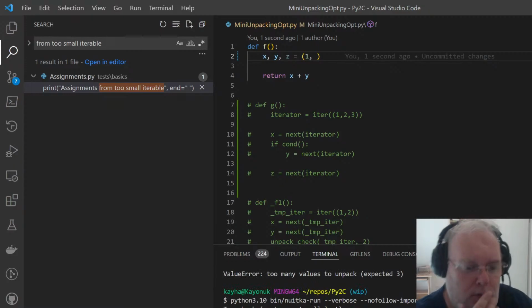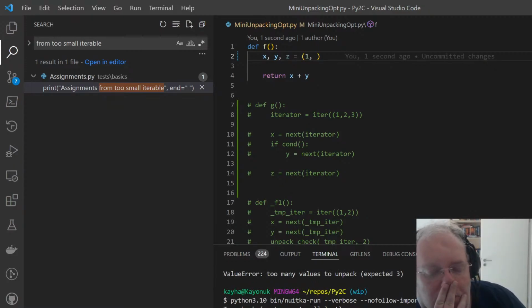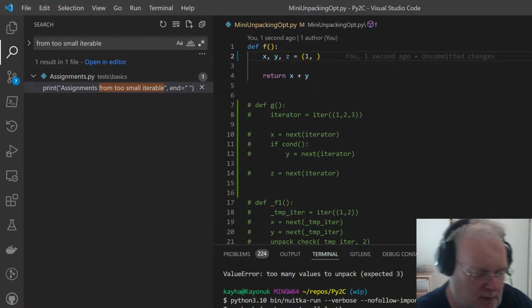I just know one of them will be out of range. So actually, if I knew, and I do know, wait, only for unpacking iteration, I do know that. Expected length. I could have hints.